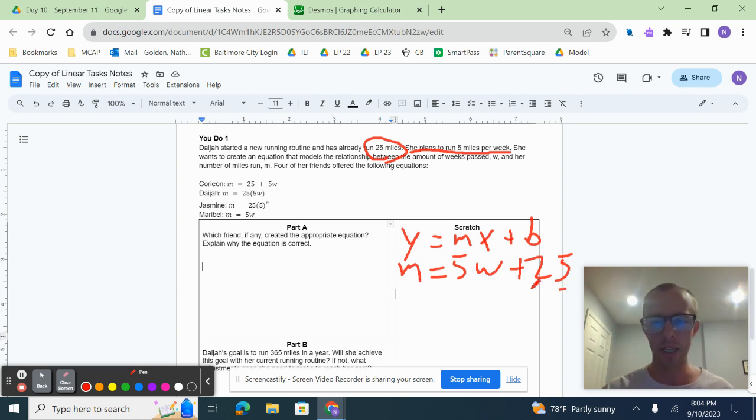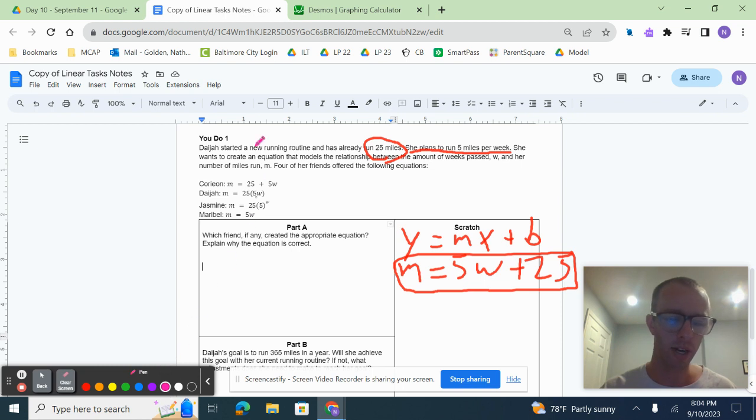Well, you might be saying this looks different than Corian's answer. Well, 25 plus 5W and 5W plus 25 are the same thing. The order doesn't matter for addition, right? 4 plus 5 is 9. 5 plus 4 is 9. The order does not matter with addition. So